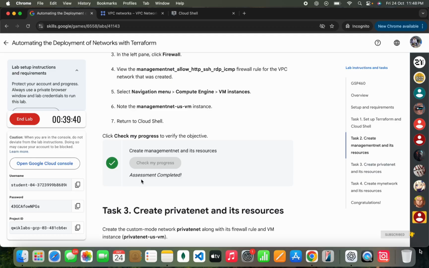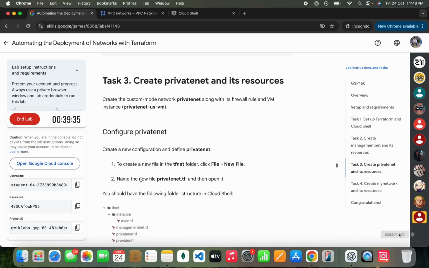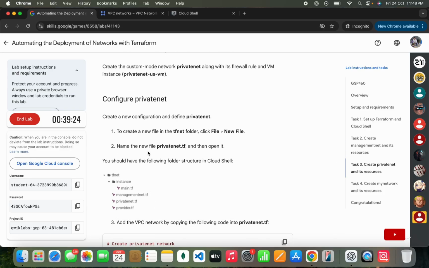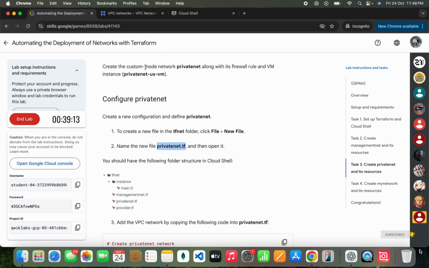Perfect. So task number 2 has been completed. Now let's come to task number 3. Task number 3 is all about creating private net and its resources. So we need to configure some files. The tfnet folder we already have, so here we need to create another file, privatenet.tf. Copy this and come to the tfnet folder,